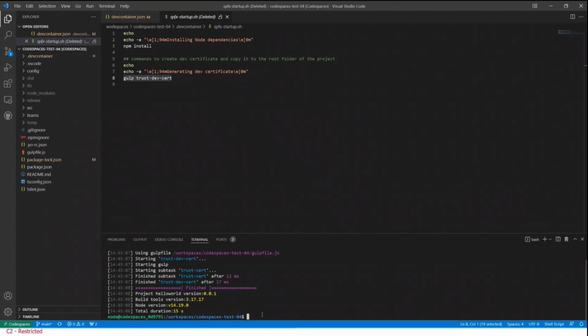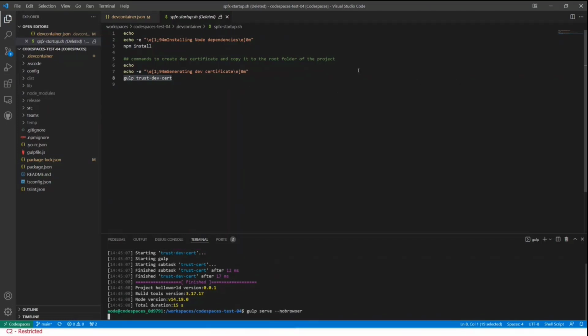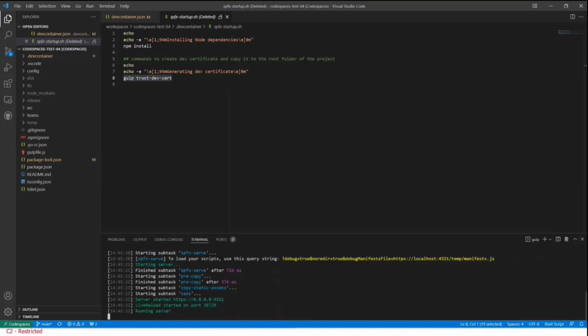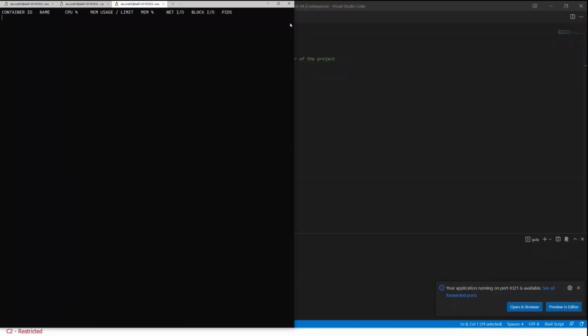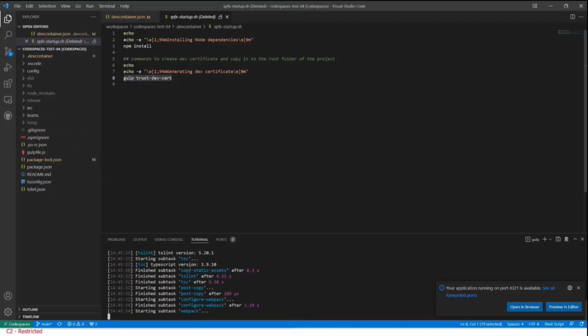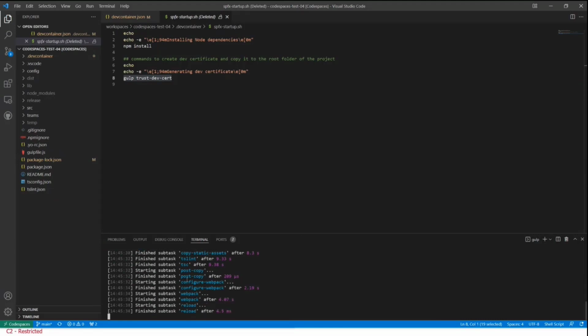All right, and now I run gulp serve, no browser. And let's check that we don't have any containers running on my laptop, so I don't have to install Docker or anything on my laptop to be able to develop in this solution. So I just go with Visual Studio and say, okay, GitHub, run this container for me.